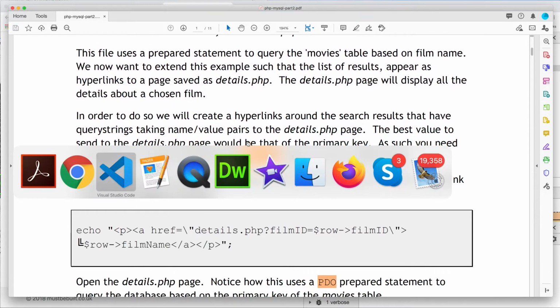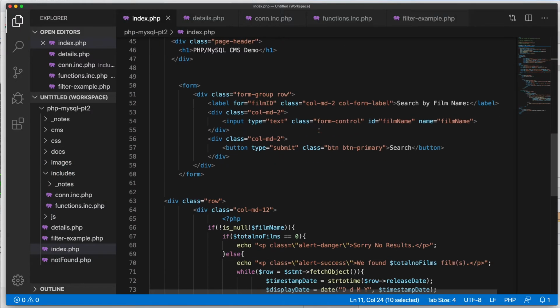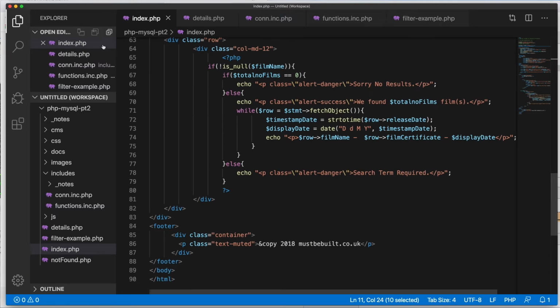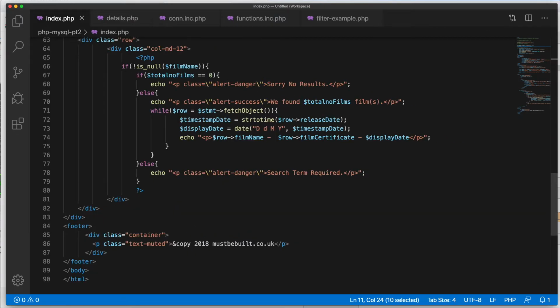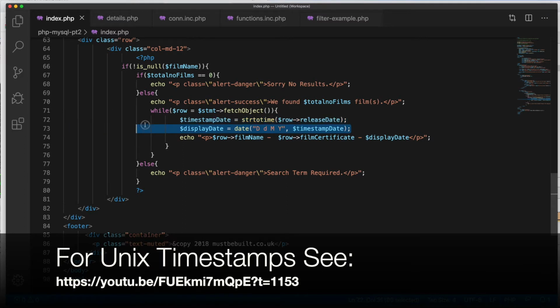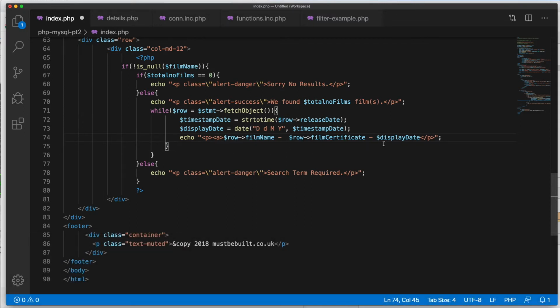So effectively in the index page at the moment we are looping through and we're just outputting the name of the film and the certificate of the film and a nicely formatted display date. You can see in a previous movie how the display date was created, related to Unix timestamps. But I want to make this a hyperlink, so I'm going to put an anchor tag around it like so, and then I want the href of this to link to a page called